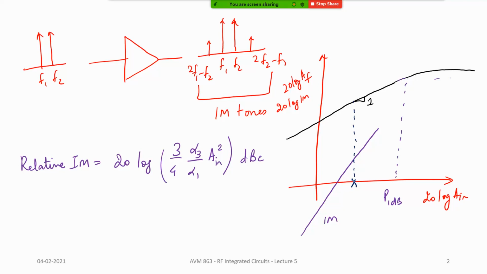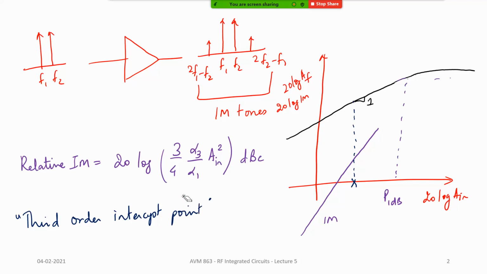So you need a parameter which is going to be very clear, that is going to be standardized across all different vendors, and that is going to give you a notion of its linearity. So that is what is called the third order intercept point. Listen carefully, let me explain what it actually means.